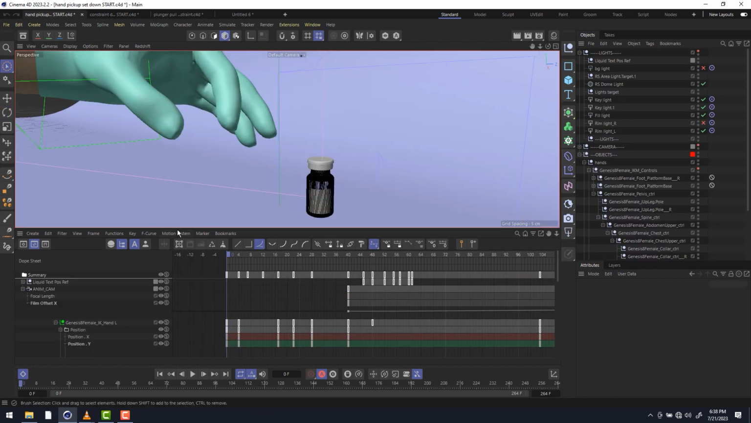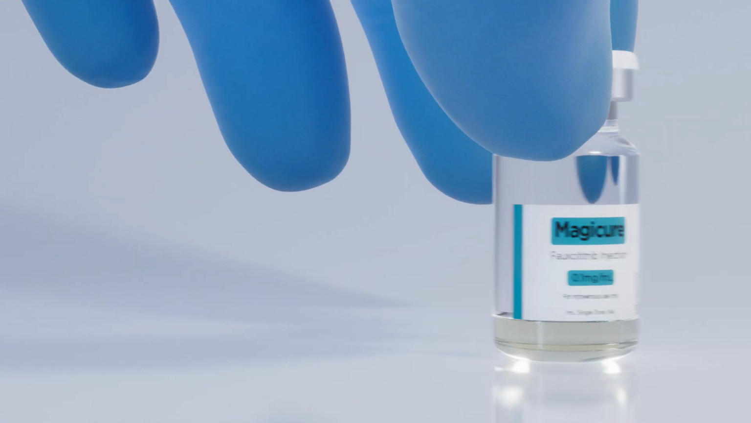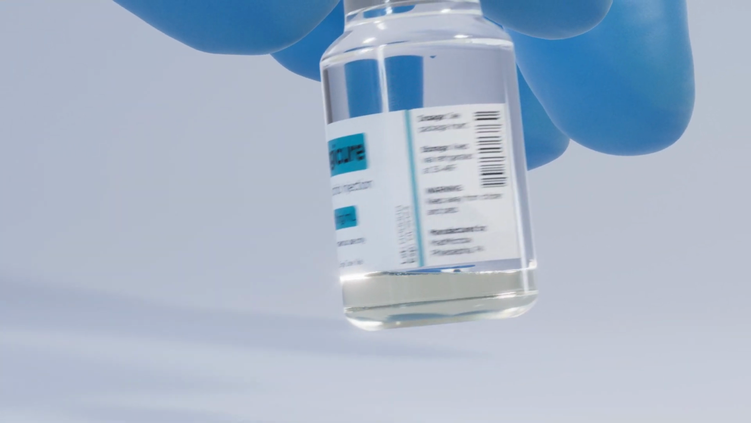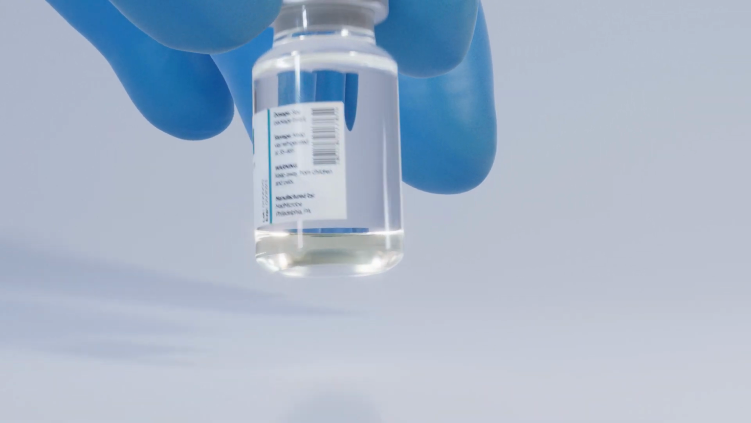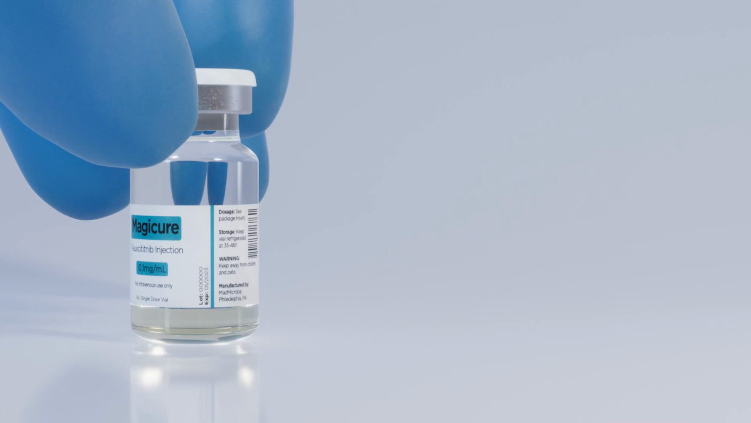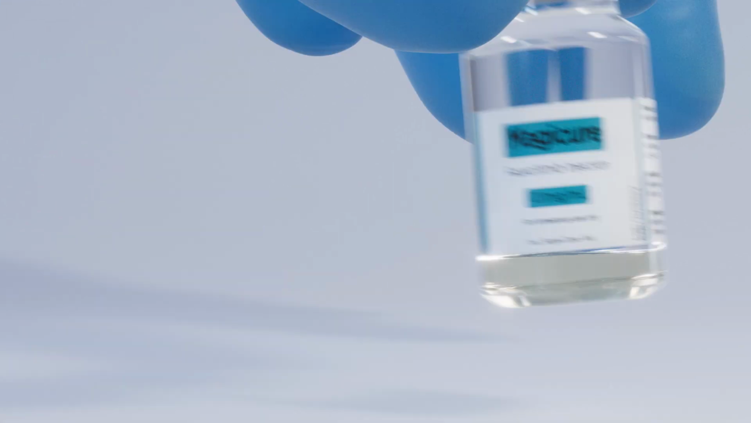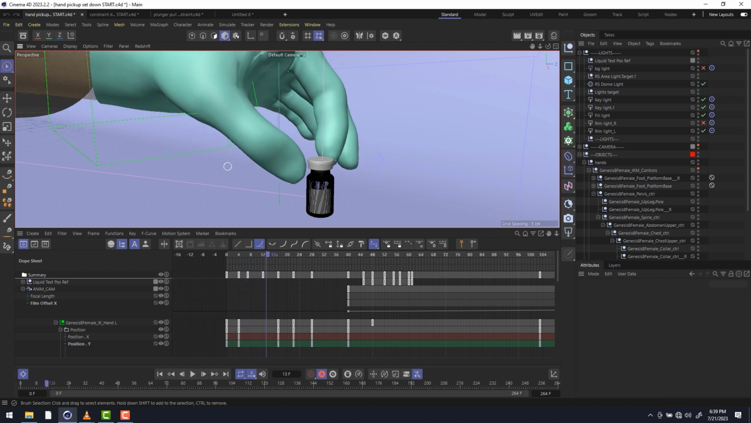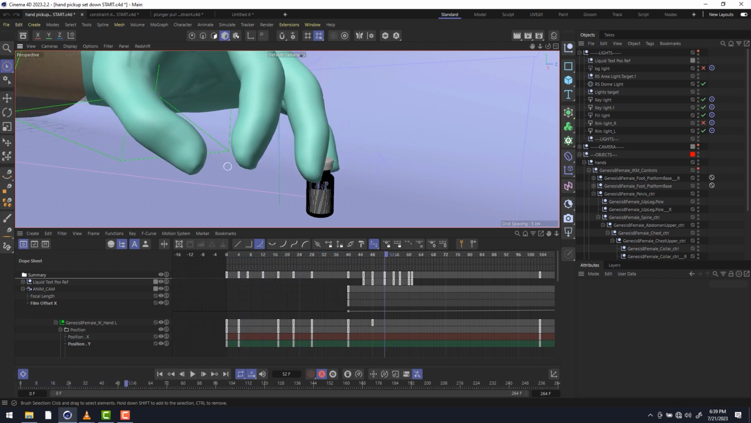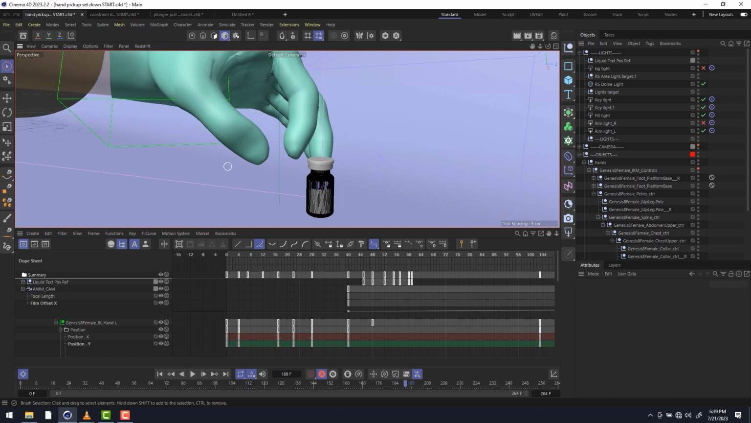So the next one here is this hand, and I think I showed, yeah, this one. Like I said, the hand comes in, picks up the vial, shows it, moves it around, and then brings it over and sets it down on the other side of the screen. So here I've got this hand animated, and the hand comes in. We're going to pick up the vial, show it around, and like I said, it's going to set